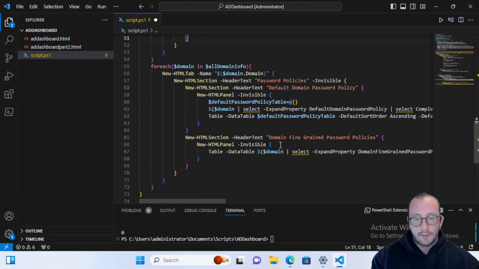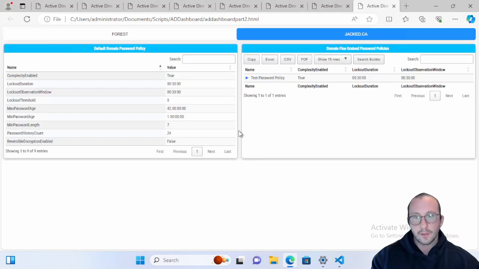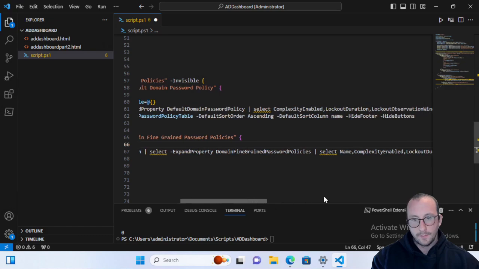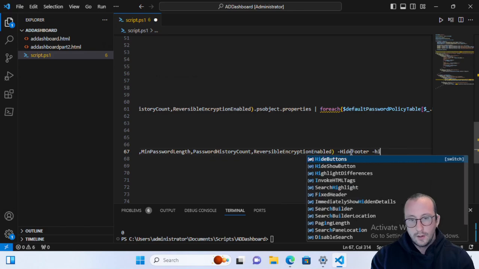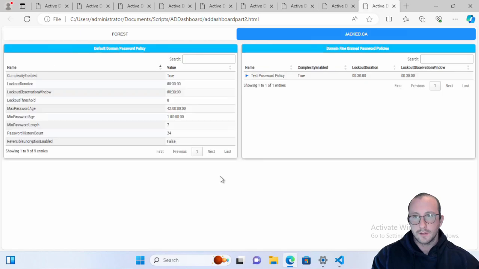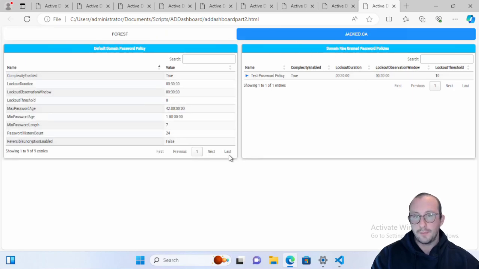So once we have all of those, that is all good. We run this once again, and we don't have any little pop-up here that might look weird to some people. And we can remove these buttons as well. Let's do the hide footer, hide buttons. Once again, let's run it. And there it is. There are our domain fine-grained policies, and there's our forest information, and there's our information